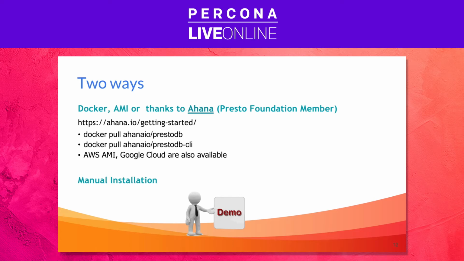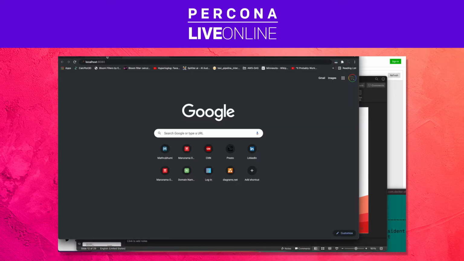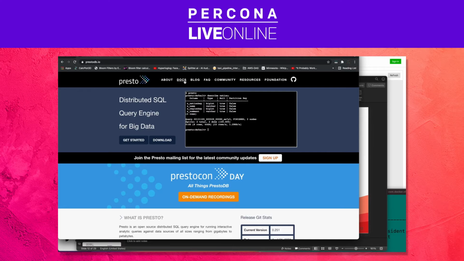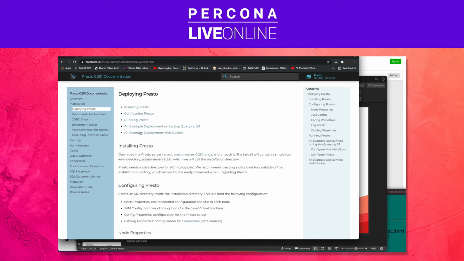But since we are dealing with a little bit more details on how to configure Presto and learn about the administration fundamentals, let us look at a manual installation. If you look at the PrestoDB website, you can see docs, which is a link on the top, and if you look in docs and click on deploying Presto,